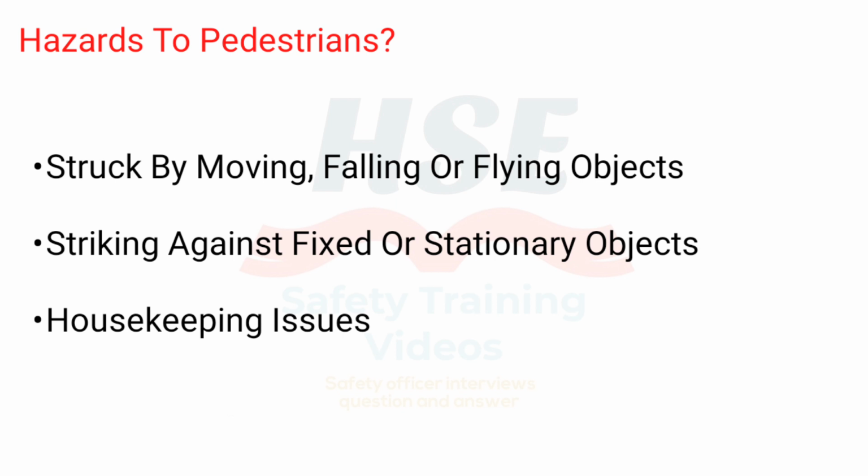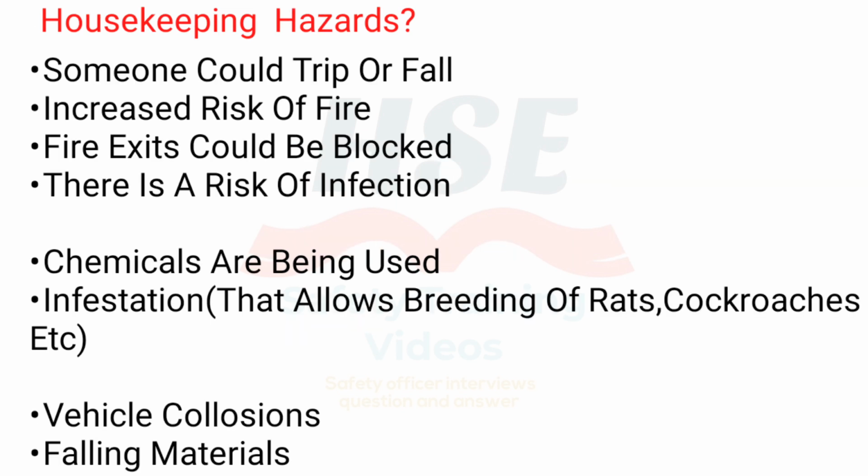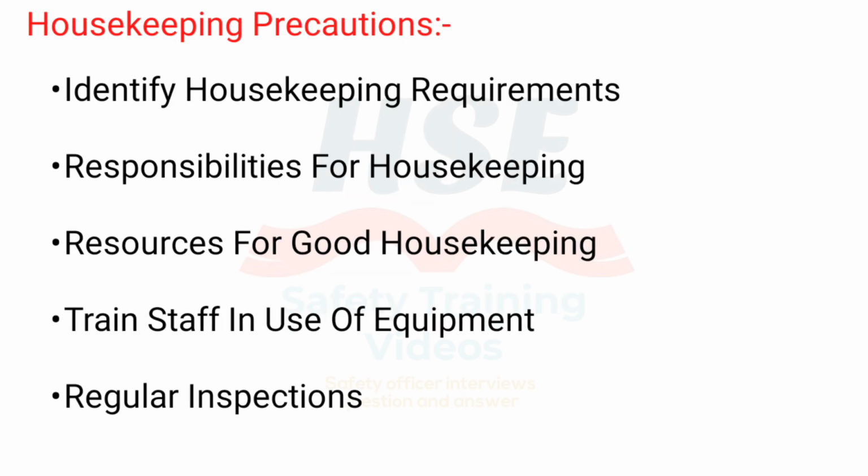Housekeeping issues. Housekeeping hazards: someone could trip or fall. Increased risk of fire. Fire exits could be blocked. There is a risk of infection. Chemicals are being used. Infestation that allows breeding of rats, cockroaches, etc. Vehicle collisions. Falling materials. Housekeeping precautions: